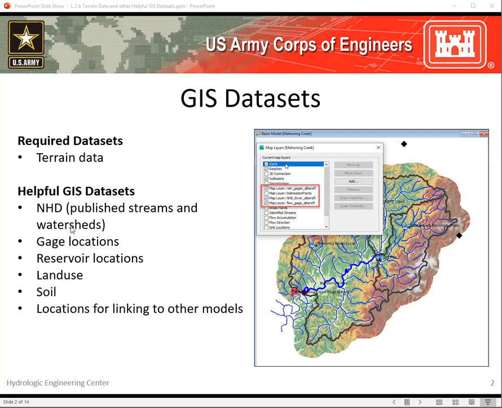Also, if you have gauge locations, so precipitation gauges, stream flow gauges, you want to create point shapefiles that contain that information so you can display that on top of your basin model map. And that's what you can see in this figure right here. I have these diamond elements right here. These represent precipitation gauges in the watershed. And then you have this one element right here. If you squint your eyes at the lower portion of the basin model here, that represents the stream flow gauge